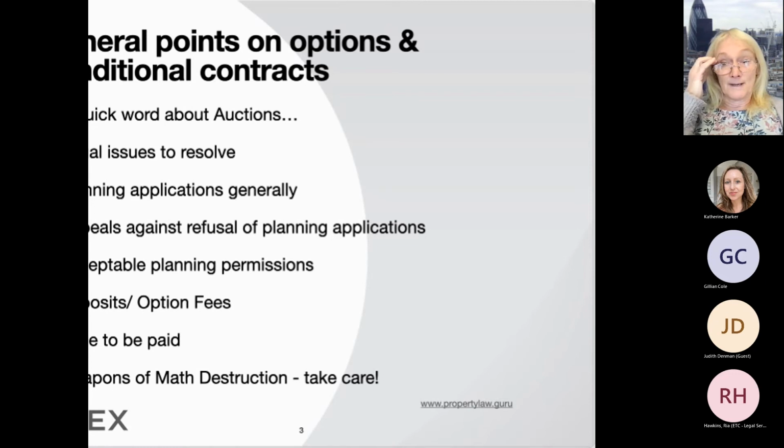Deposits and option fees. I've already mentioned this. The deposit is possibly on an option agreement going to be a nominal amount, like enough money to pay for them to go to Disneyland, perhaps £5,000 or £10,000. But then when the builder exercises the option, that will only be when the price is known, once it's gone through the valuation procedure. And normally the builder, when they serve their option notice, will have to pay a figure for an option fee. It may not be possible to quantify at that time.